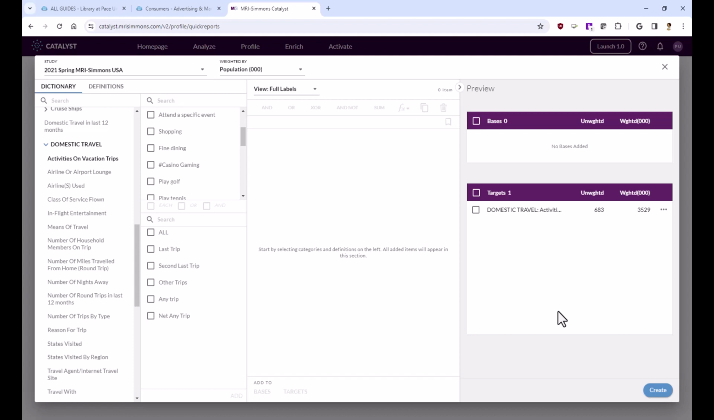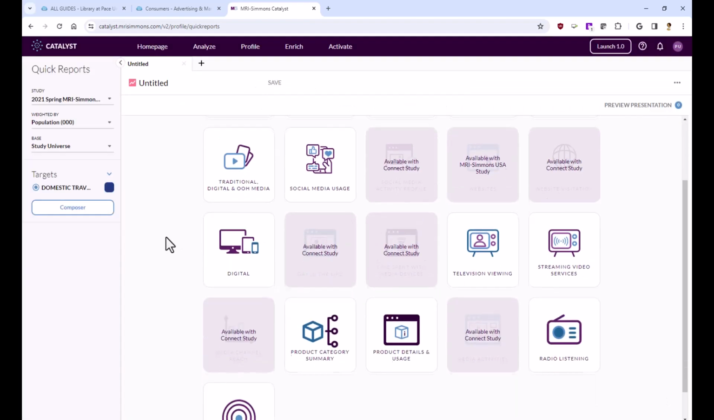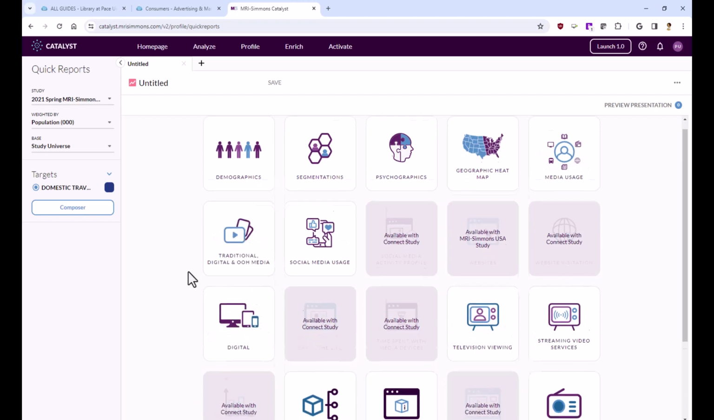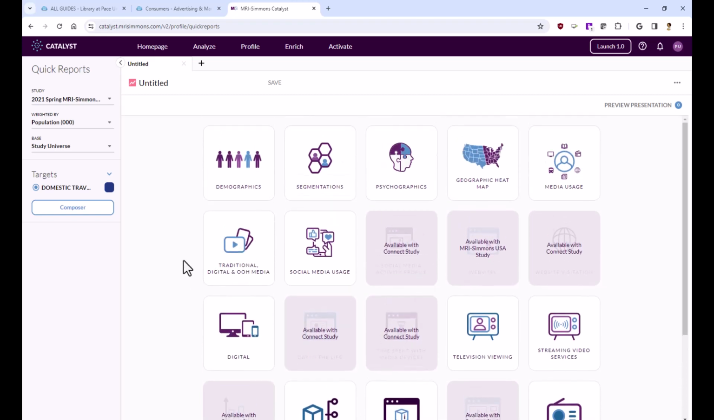So that number is a little bit low, but it should be okay. We should still get good data. So now I'm going to click on create. And now these are the quick reports that are available to me that I can create and run, and the report will pull the data about those 683 people who said that casino gaming was an activity they did on